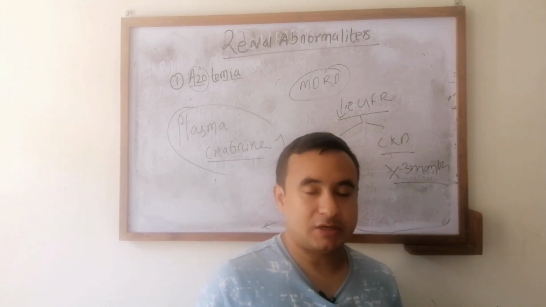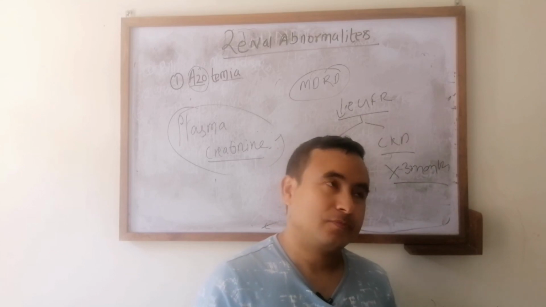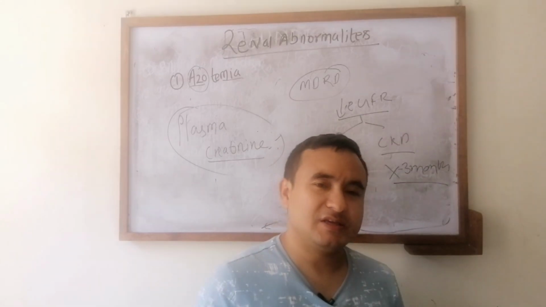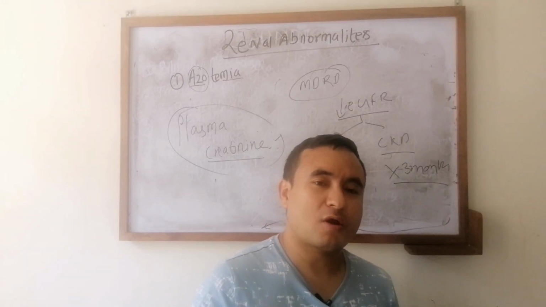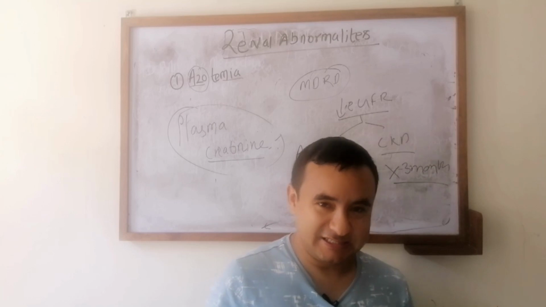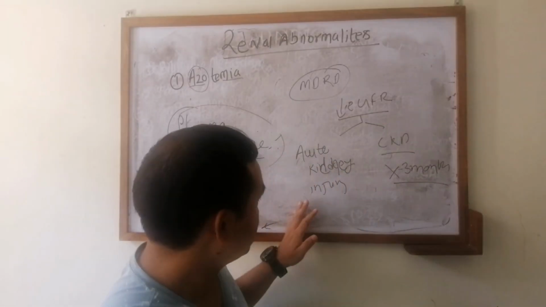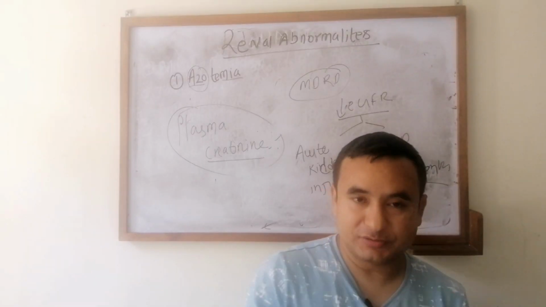So in a patient where there is elevation in plasma creatinine, and there is also a decreased level of hemoglobin, or there is also a problem in the calcium and phosphate, then we have to always suspect CKD. So this is how we calculate the EGFR and regarding the azotemia.